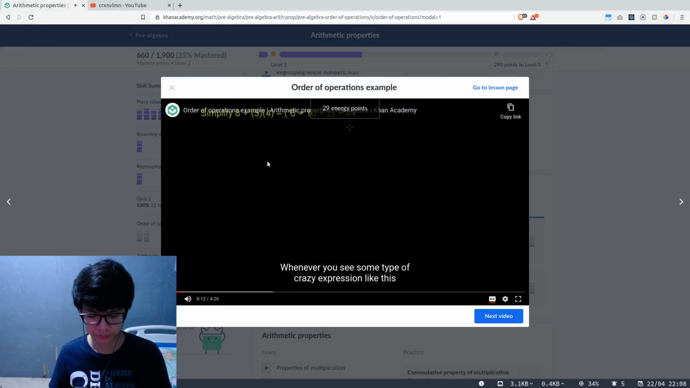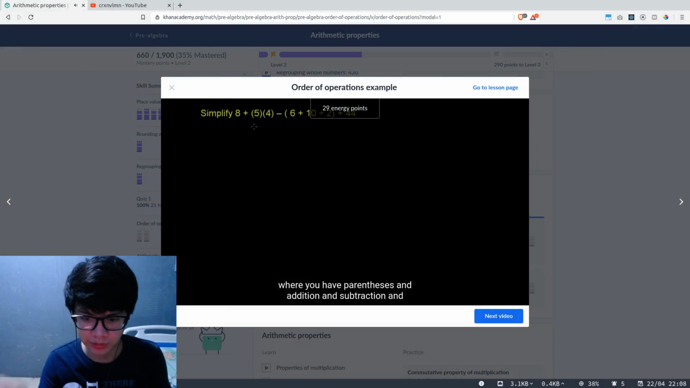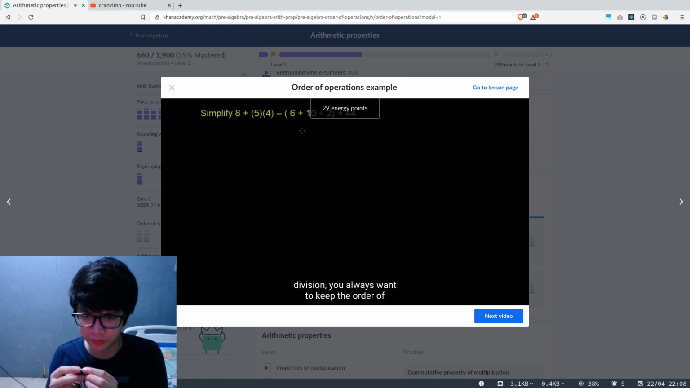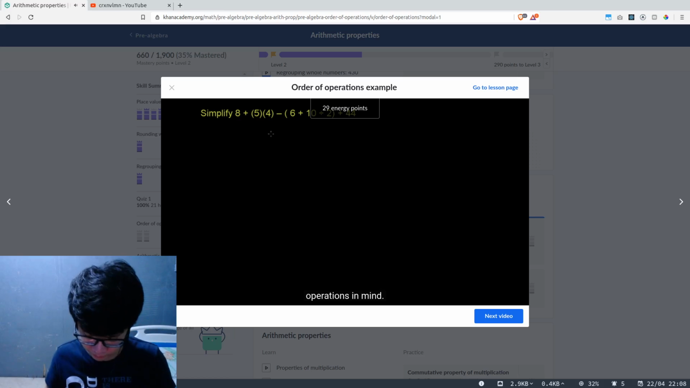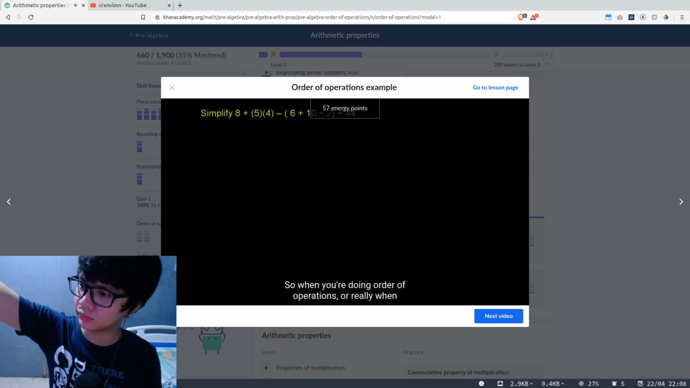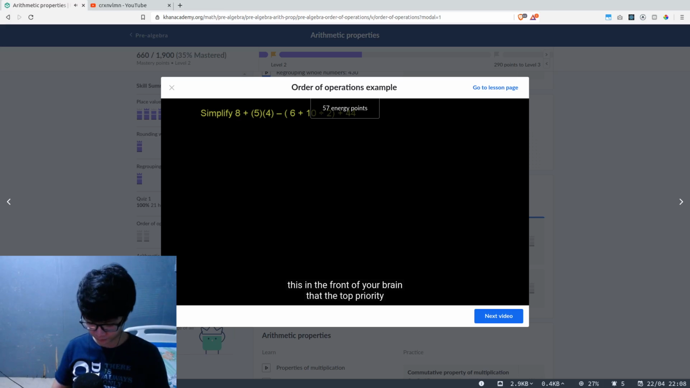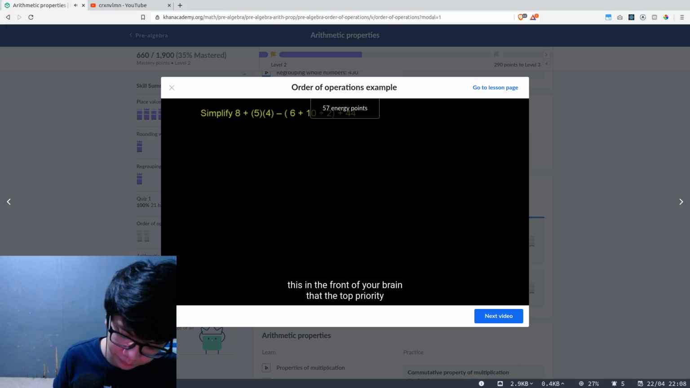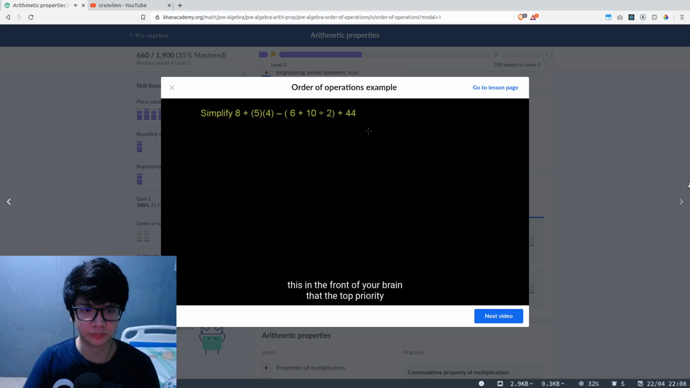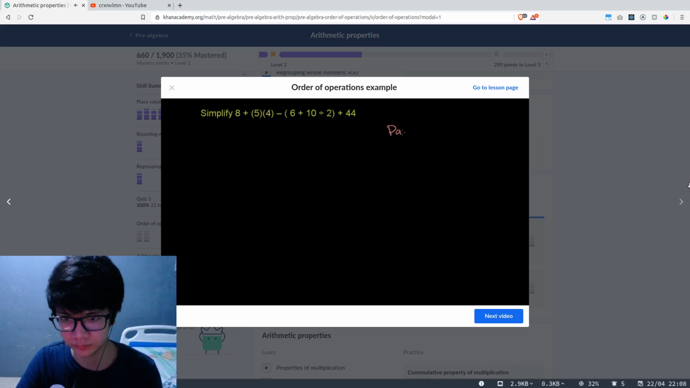Crazy expression like this where you have parentheses and addition and subtraction and division, you always want to keep the order of operations in mind. And let me write them down over here. So when you're doing order of operations, or really when you're evaluating any expression, you should have this in the front of your brain, that the top priority goes to